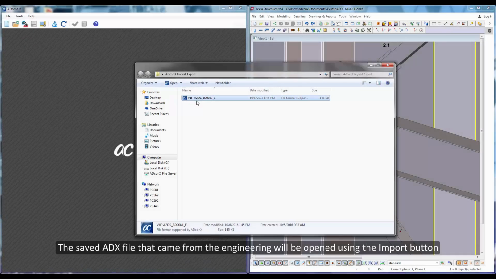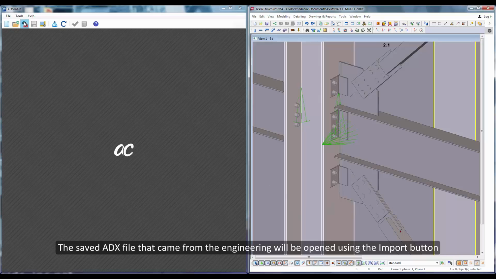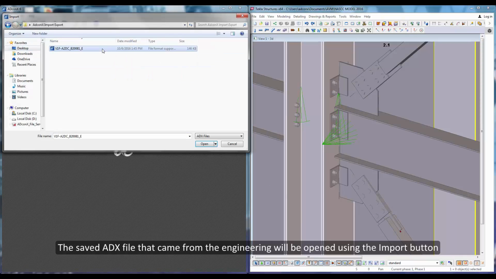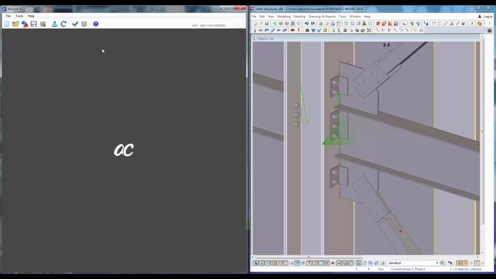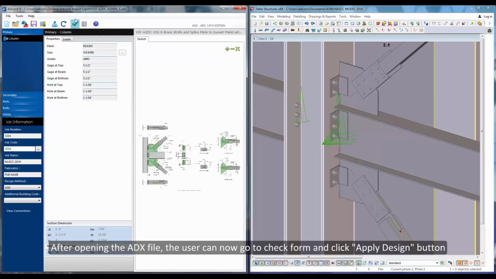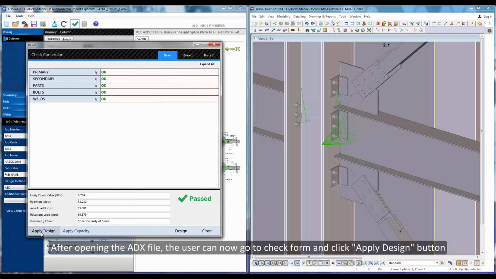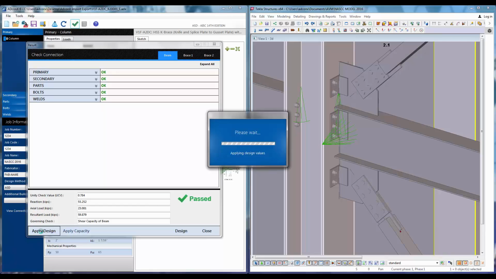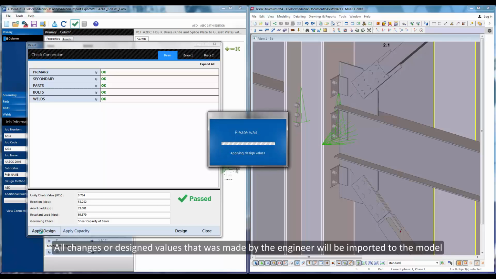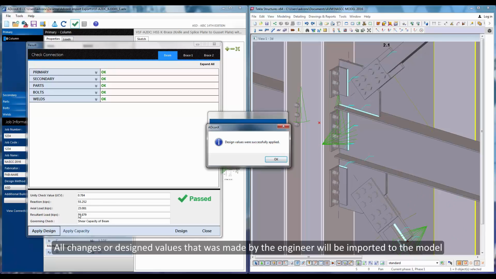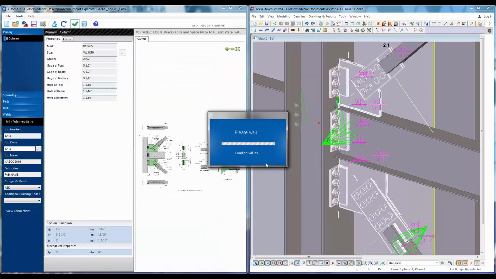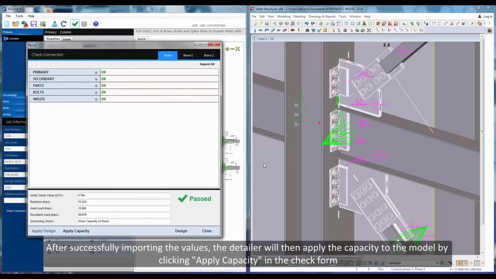The saved ADX file that came from the engineering will be opened using the Import button. After opening the ADX file, the user can now go to Check Form and click Apply Design button. All changes or design values that were made by the engineer will be imported to the model. After successfully importing the values, the detailer will then apply the capacity to the model by clicking Apply Capacity in